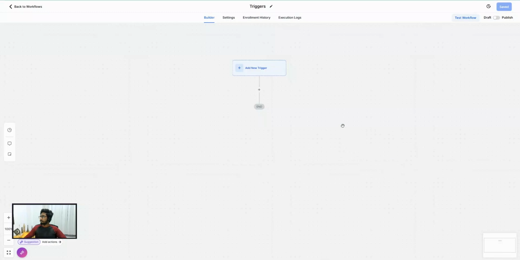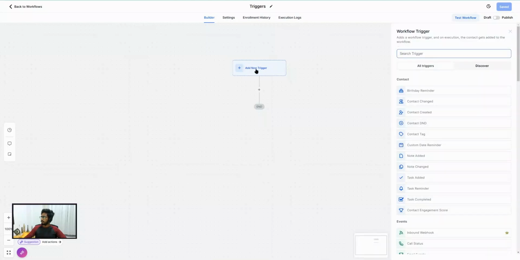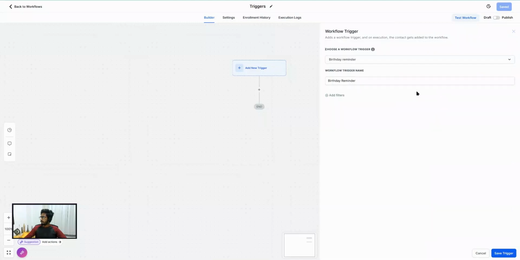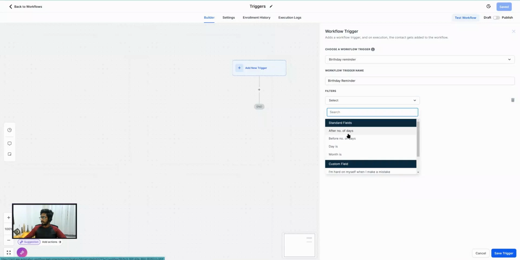Here we are. Okay, so I am inside the workflow builder of Gohighlevel. So when we are going to add new trigger, here is the list of all the triggers which are available as of today. Okay, so the first one is birthday reminder. If we go into that, here are a couple of the filters that you can apply that says after number of days or before number of days, or if that day is specific day or if there is a specific